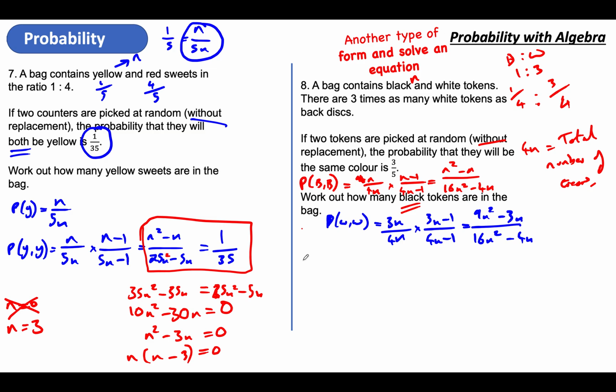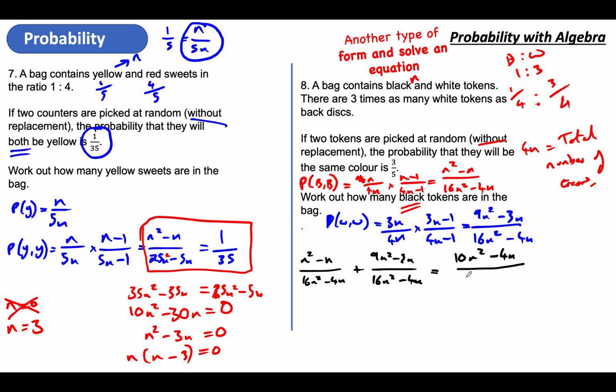Notice they've got the same denominators as well, so that's handy. n squared minus n over 16n squared minus 4n, that's black black, and then white white is 9n squared minus 3n, all over the same denominator, 16n squared minus 4n. So the probability we're after finally is 10n squared minus 4n